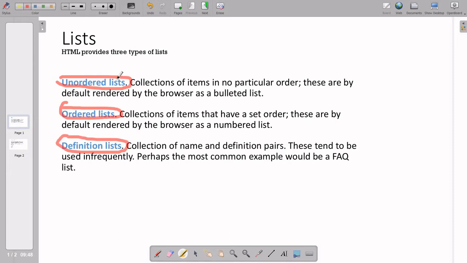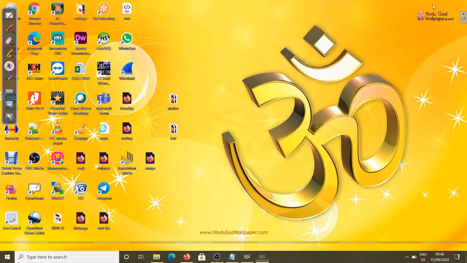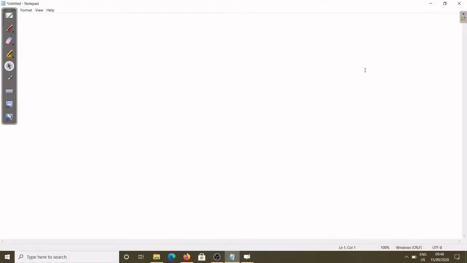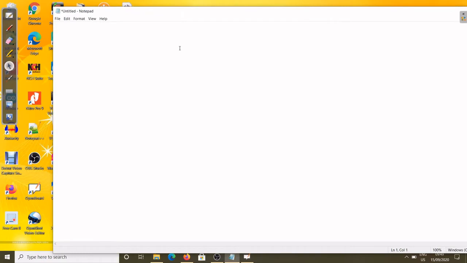We'll see the examples one by one along with the syntax. For syntax purposes, just open Notepad. For the unordered list, the syntax is ul, unordered list. After that you write li, which is called the list item.